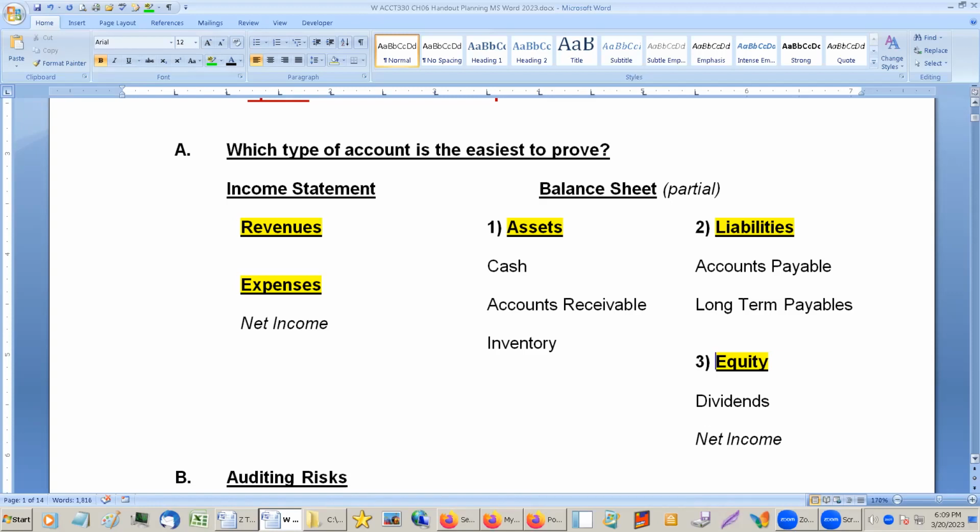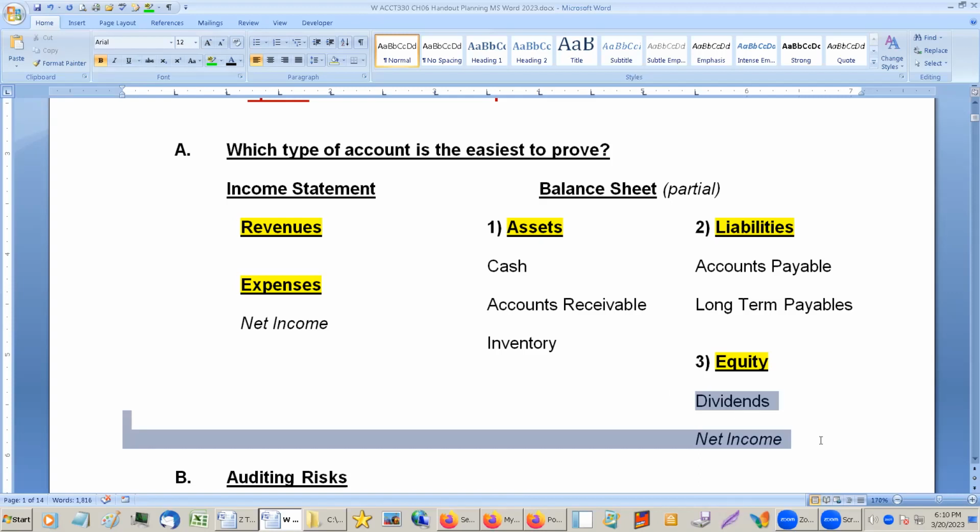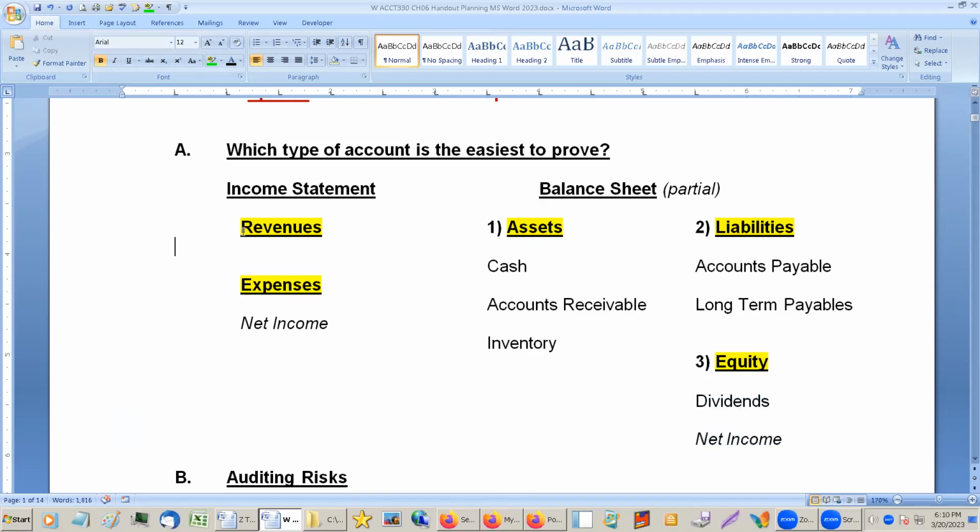Now, you might think, well, okay, so the equity is just kind of like the leftover thing. Well, no. Notice the equity account will prove out the dividends and income that come from the income statement and then what they paid out to shareholders. So the equity account is very important, and that's why we build the balance sheet. We start with the assets, prove those. Second easiest to prove is liabilities. And if those two are okay, then the equity is okay.